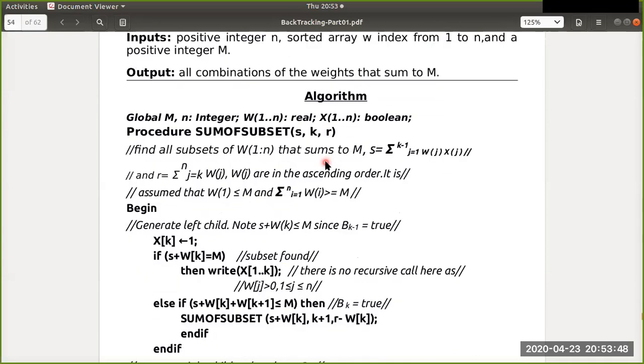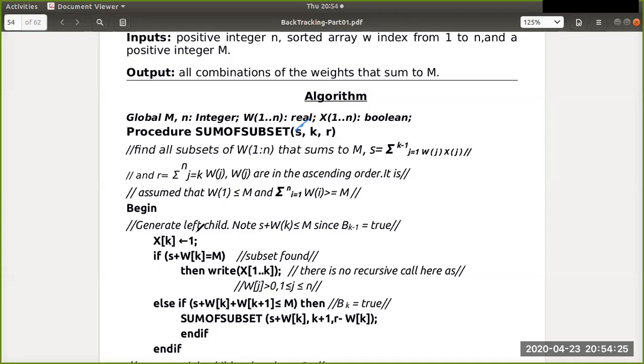This is the algorithm. Simply, I will briefly tell you what it does. This algorithm, sum of subset, is finding S every time by constructing the state space tree. At each node, the S value changes. Wherever the S value is equal to M, there we stop that node generation. That is the thing. In a variable size tuple representation, this algorithm is used. Okay, so we'll explain with the example later. But you have to know the overview.